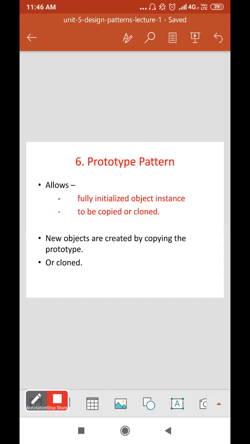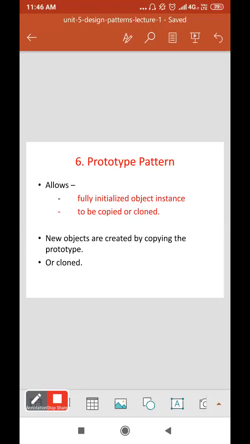And then after that, the prototype pattern. You know about prototypes: we make different prototypes of a single thing or single particular problem. This pattern allows a fully initialized object instance to be copied or cloned.